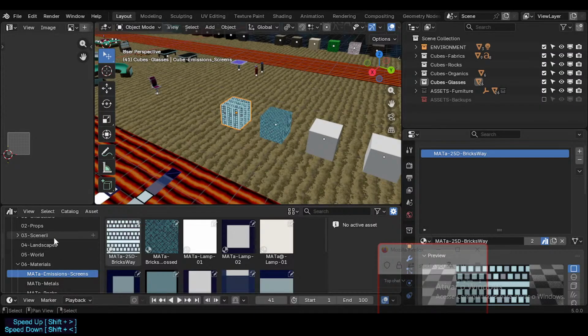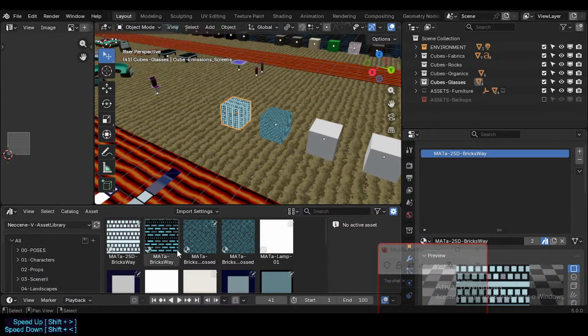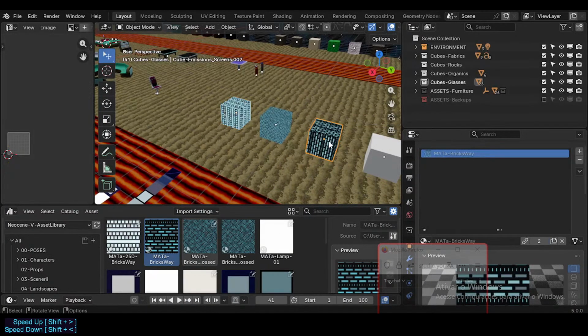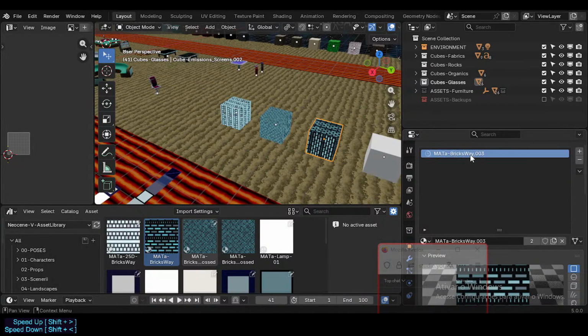So basically there is the, here, and we see that, well, this comes from another file. This is the current file, so this is why this is not a duplicate, and it is coming from somewhere else. So we're going to bring it here, and now it is linked, but now I'm going to break the link, make it local, and here we're going to